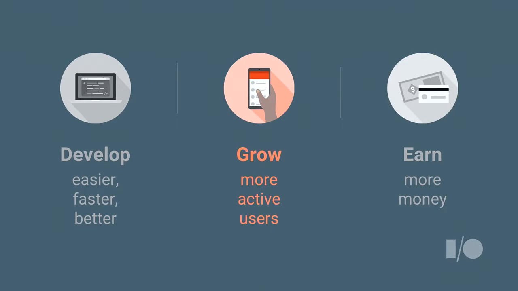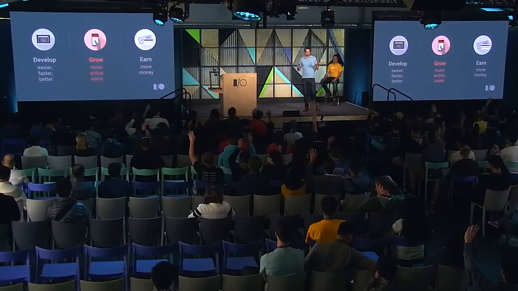App indexing is one of 15 APIs that helps you, the developers, build amazing apps. We're in the Grow pillar, and that means that it can lead to more active users. Together with your app content and Google Search, we can delight all of those users that come to Google with various information needs. Now, who here today is familiar with app indexing? Awesome. It's a good number. So for those of you who are familiar with it, you'll find that Fabian has a couple of interesting changes to announce. Now, for those of you who are not familiar with it, don't worry about it. With Firebase, you have all the tools you need to get started at your fingertips.